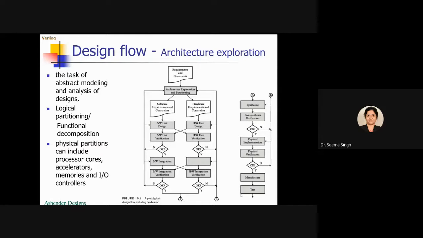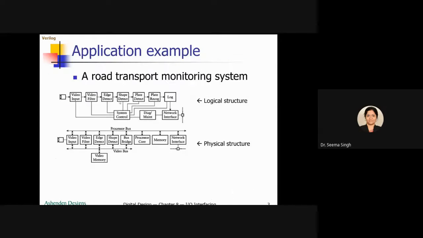Now with one example we will see this partitioning. We are seeing it with the example of a road transport monitoring system. You can see that physical partitioning is the lower one, the physical structure, and the upper one is the logical structure, logical partitioning. This example considers a road transport monitoring system that checks whether goods trucks drive from one part of the country to another in too short an interval. So basically we have to log the details. I had discussed this to some extent before also.